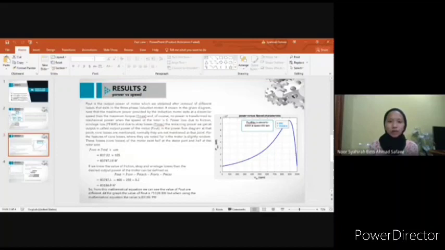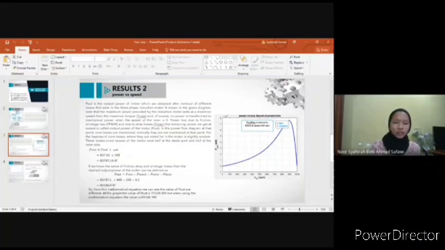So in the power flow diagram, as we know, the core losses are mentioned. Normally they are not mentioned at that point, for the feature of the core losses, where they are not noted. For the motor it is slightly random.